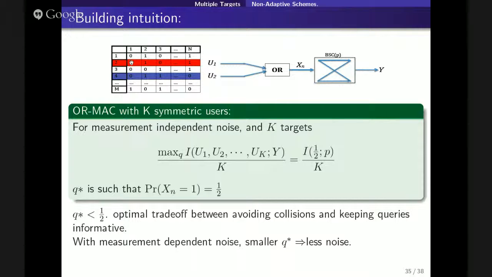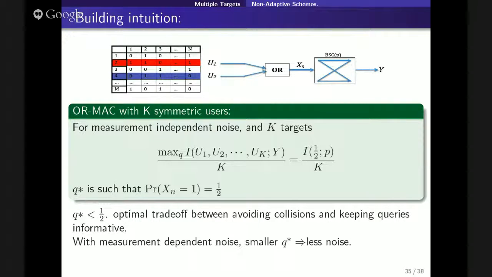So this means that the proportion of ones here should be smaller than half. So Q star is chosen here. I'm assuming we know the number of targets, K. Q star is chosen so that when you take the OR of K such bits, xn will be uniform. So Q star is much smaller than half.